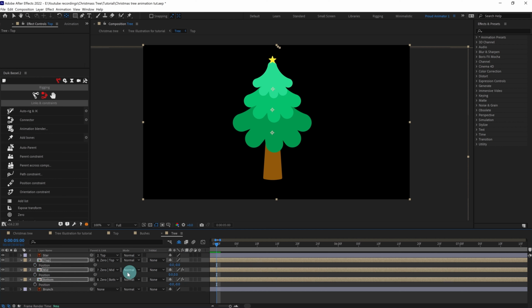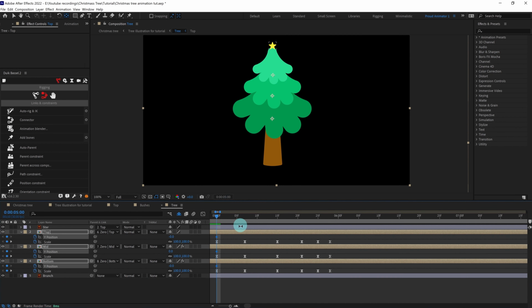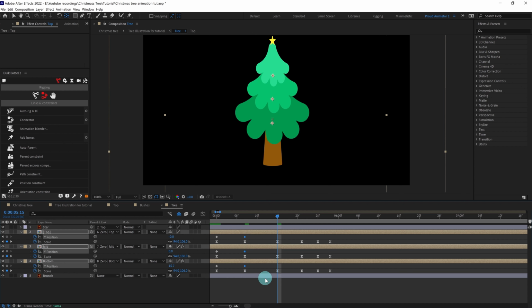So after that, press P to open the position, and we're going to separate the dimensions as well. So put keyframes only on the Y axis, press U to open the properties with keyframes, and at this point again we're going to put keyframes. So here, as it is squashing, we're going to bring it down a bit, and here we are going to bring it up a bit,